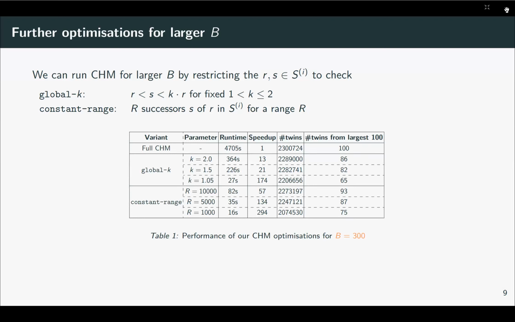Here are some numbers of how these optimizations perform. You can see with B equals 200, 300, if we ran the full algorithm, it took us about an hour to run. But with these optimizations, we can run it in at least like 5 minutes, and in some cases 60 seconds, and we still get a large portion of it. So we did run this for some large B, and one example that we did was running for B equals 700. The goal of that run was to record the largest ones. As we'll see later, this is actually